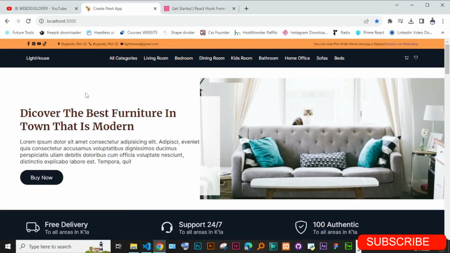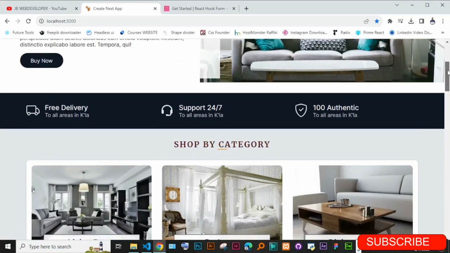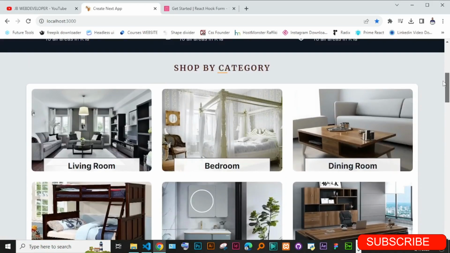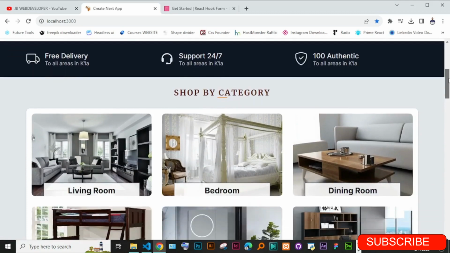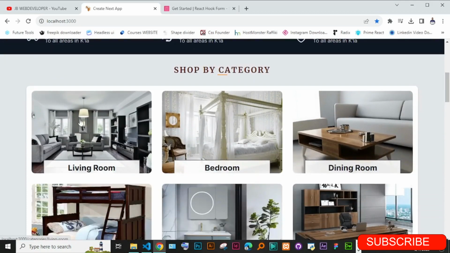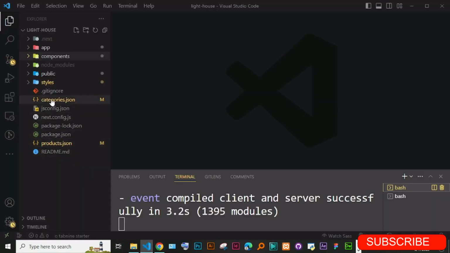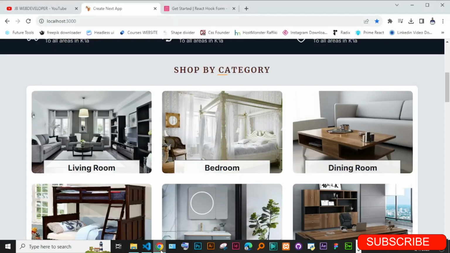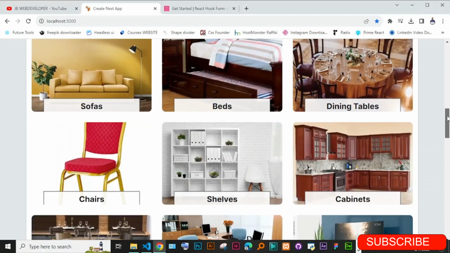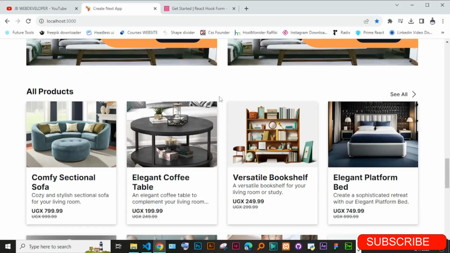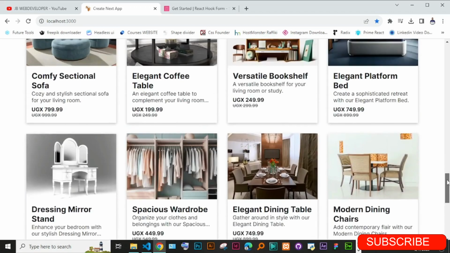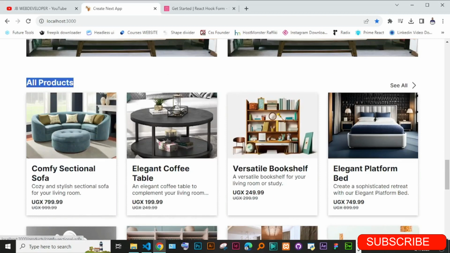Most of the things in this project we have already discussed: how to create components, how to render data. If you still have problems creating data in the JSON, just like this, you can see I have all my categories. If you look in this, we have the categories, which are all here, and then down here we also have products. Okay, if you have difficulties doing this in your application, I suggest you